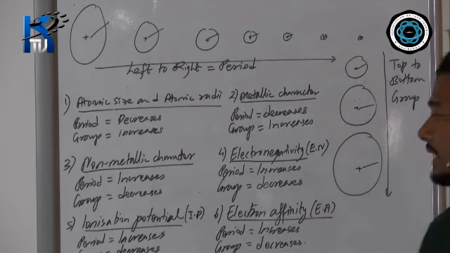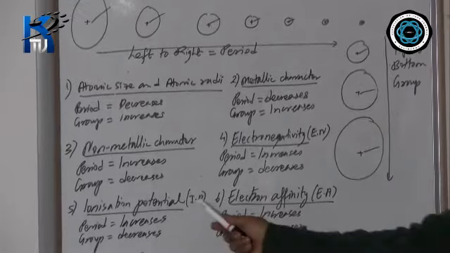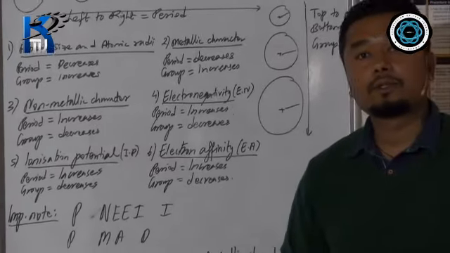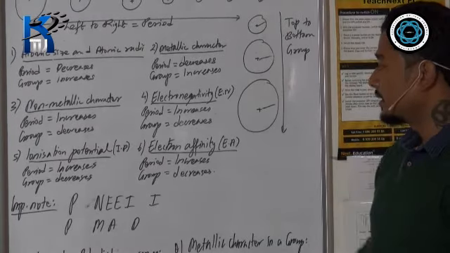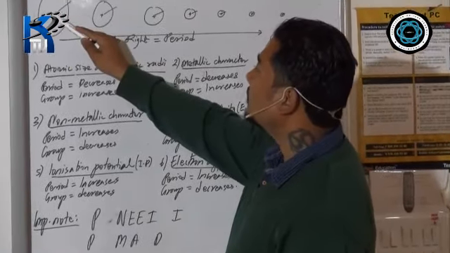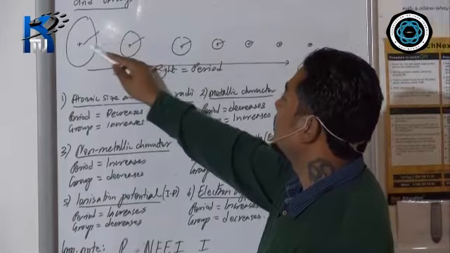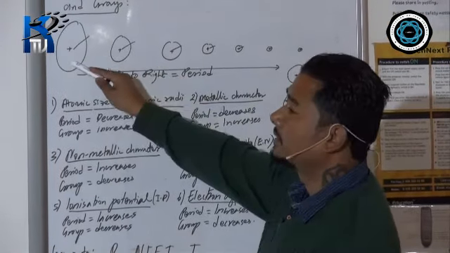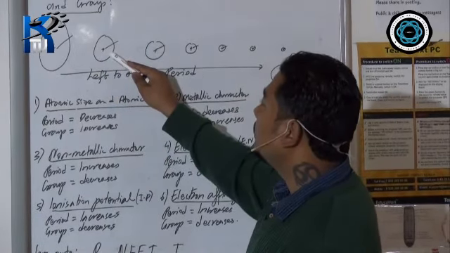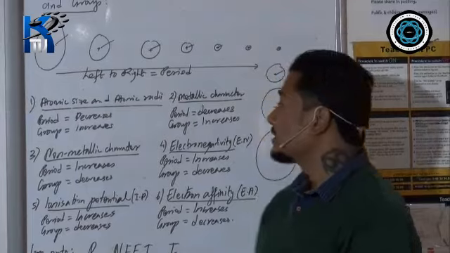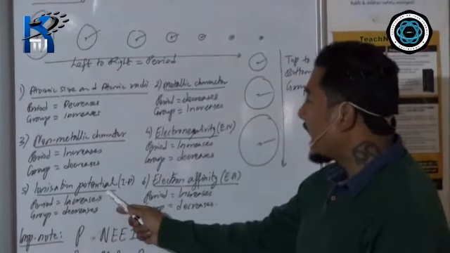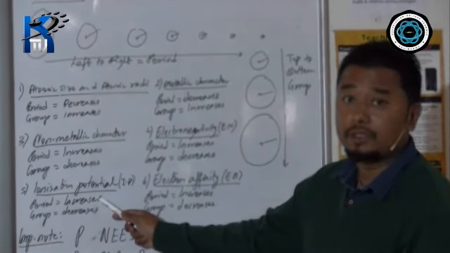Now we go to the next, that is called ionization potential. It is the amount of energy required to remove the electron from the outermost shell of a neutral isolated atom. I explained you in my last class. So if you see out here, the force of attraction between nucleus and outermost electron is increasing, because the size is becoming small. As the size decreases, force of attraction will increase. So more and more energy will be required to remove electron. Therefore, ionization potential will also increase, because the energy is increasing.